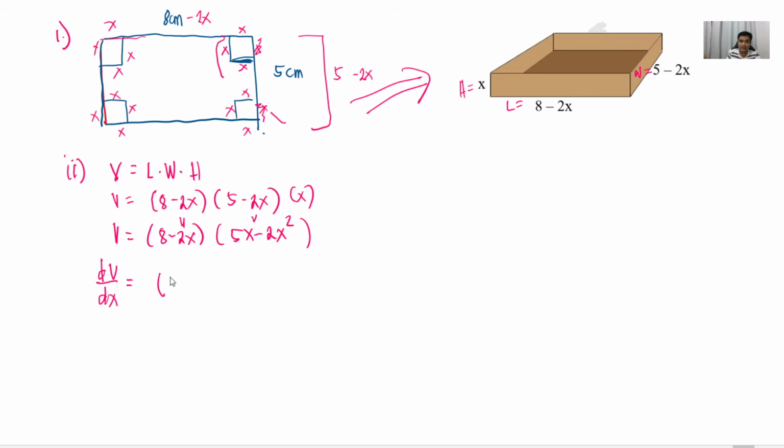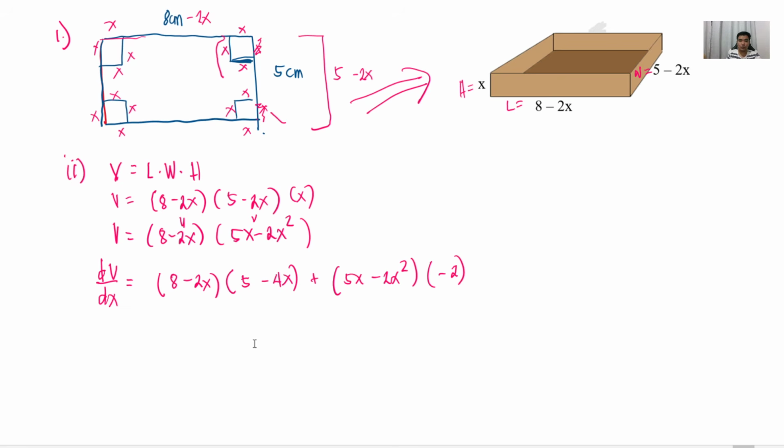So u is 8 minus 2x times the derivative of v. So that is 5x, so 5 minus 2x squared minus 4x. Tama ba? Okay, plus v. So that is 5x minus 2x squared times the derivative of u, which is 8 minus 2x. 8 is 0. Negative 2x is negative 2. And then, if we simplify that one class, that will give us